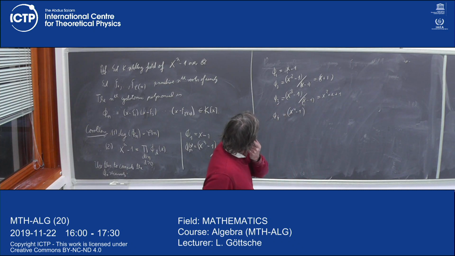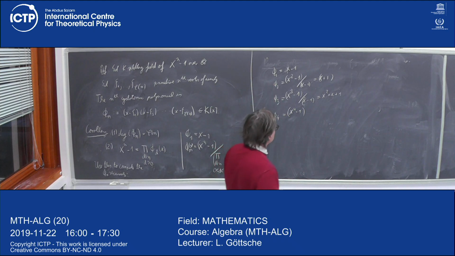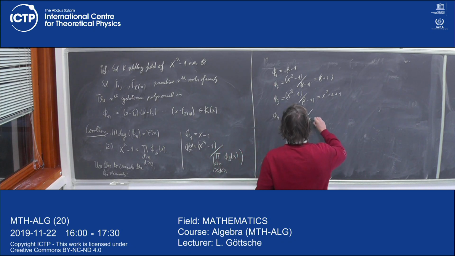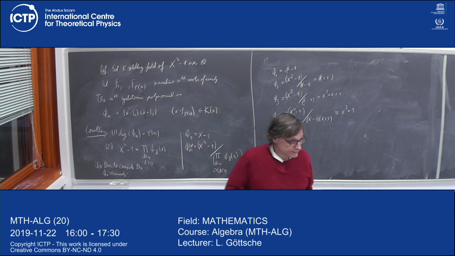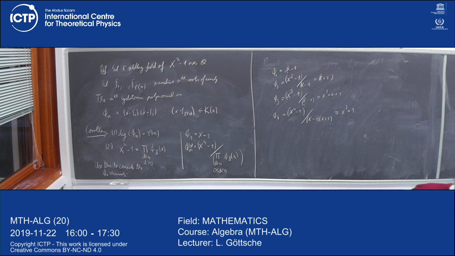P4 is x to the 4 minus 1 divided by P1 and P2, so divided by x minus 1 times x plus 1, which is x squared plus 1, and so on. So it's a very simple thing. And as a corollary to this,